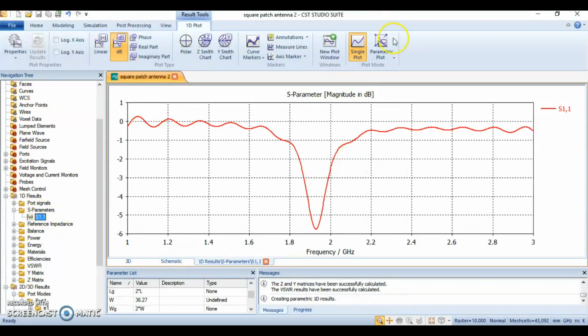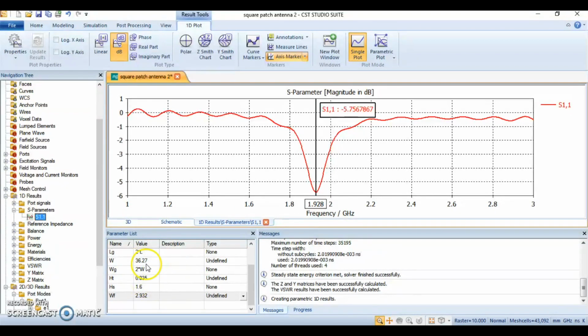Oh, here it is. So just click on the axis marker and move marker to minimum. So we can find it, yes, our frequency is at 1.928, which is not enough. We need 2.45. So in that case, we need to change the value of our parameters here. After doing some trial and error, I found that if we fix our width at 28.45 and the length,